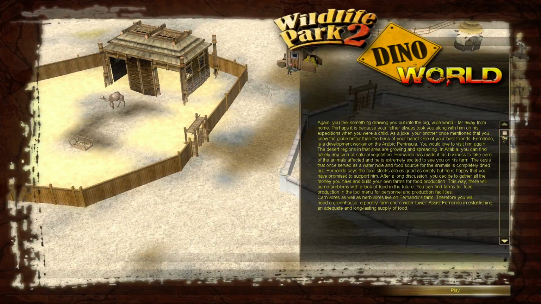The desert regions in that area are growing and spreading. In Arabia, you can find barely any kind of natural vegetation. Fernando has made it his business to take care of the animals affected, and he is extremely excited to see you on his farm. The oasis that once served as a water hole and food source for the animals is completely dried out. Fernando says the food stocks are as good as empty, but he's happy that you have promised